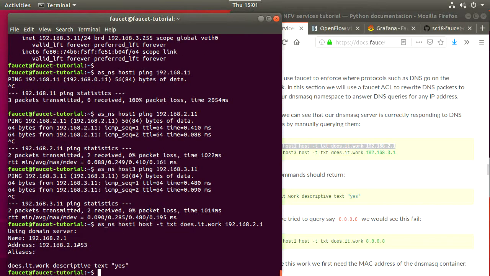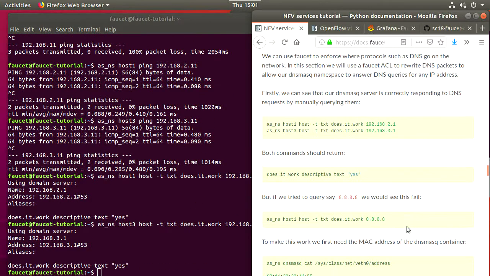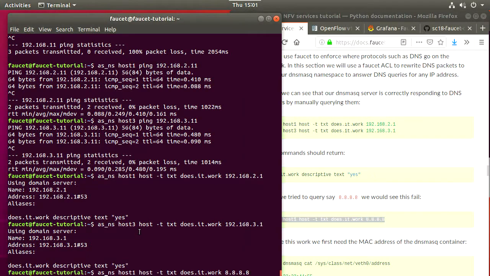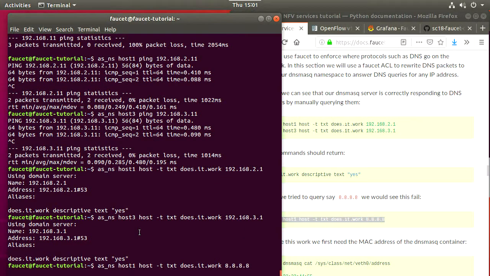Okay, so what we can do here is use the host command to look up. 192.168.2.1 is the dnsmasq server. So it's got a DNS thing working, and it's responding to this does.it.work domain that I creatively came up with. And it's going to return a TXT response of yes. So we can see if we directly query the server, it works fine. If I then go and query 8.8.8.8, it's not going to work